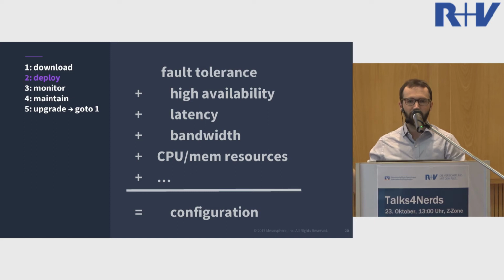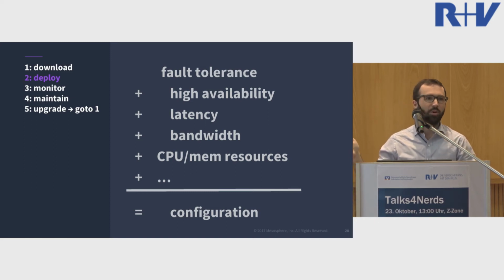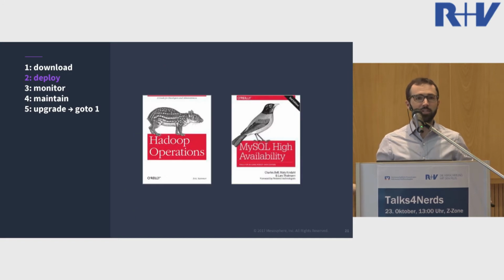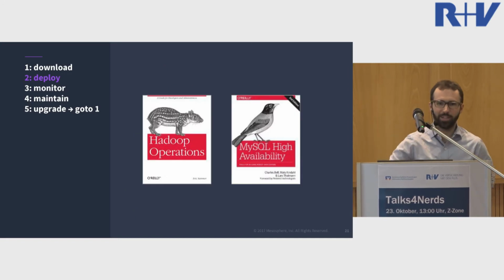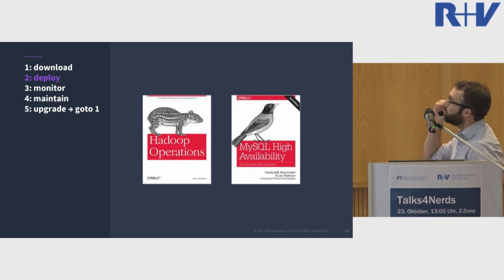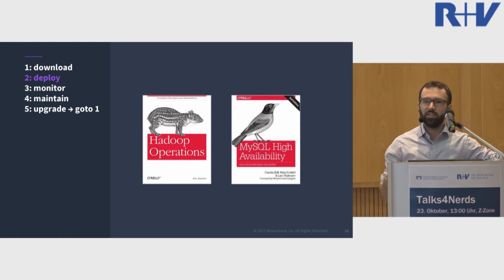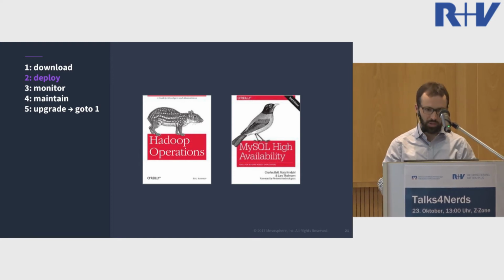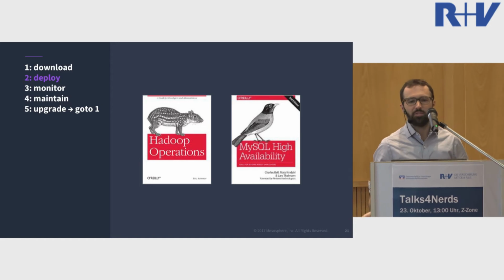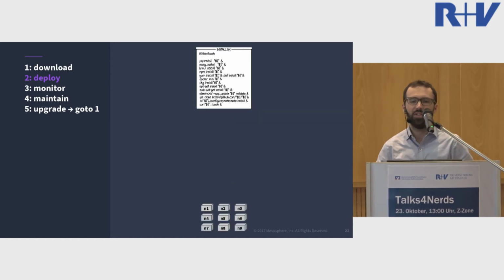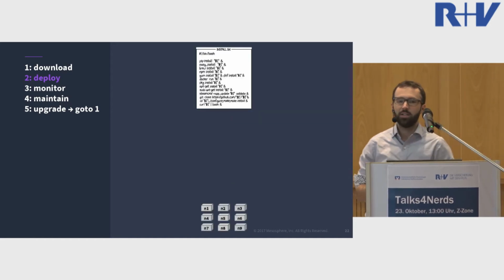That was the whole point of this step, right? Deploy. So how do most of us actually figure out how to do this? We buy the books, right? I told you I'd come back to the books. We go and we buy the books and we say, all right, to deploy this, I'm going to read about all the different things that tell me how I'd want to deploy this at scale in production for my organization. Okay, so I get all that information, and now I turn that configuration into something